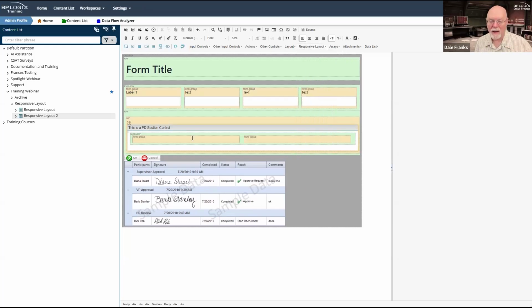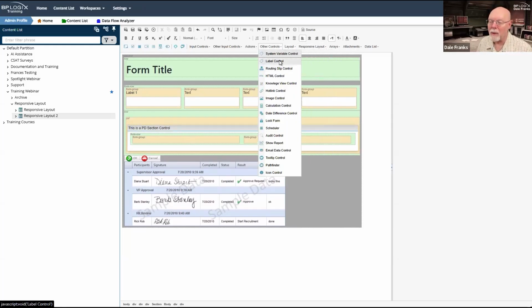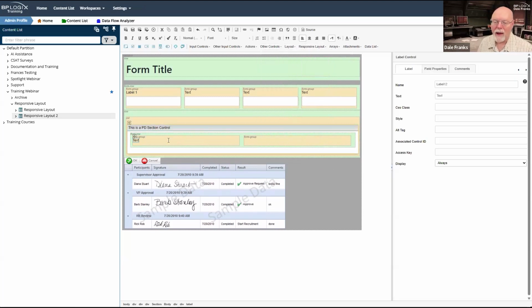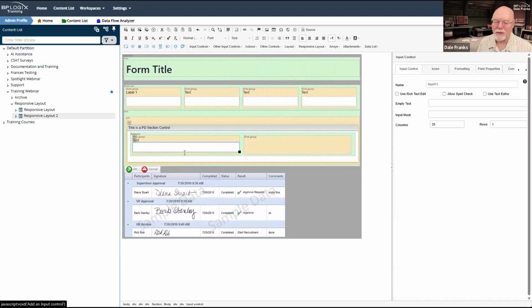And once again, I can add my, what am I looking for? Label. I can add my label and then add my, well, we'll just use input controls. We'll just keep things simple. This control is input 13.